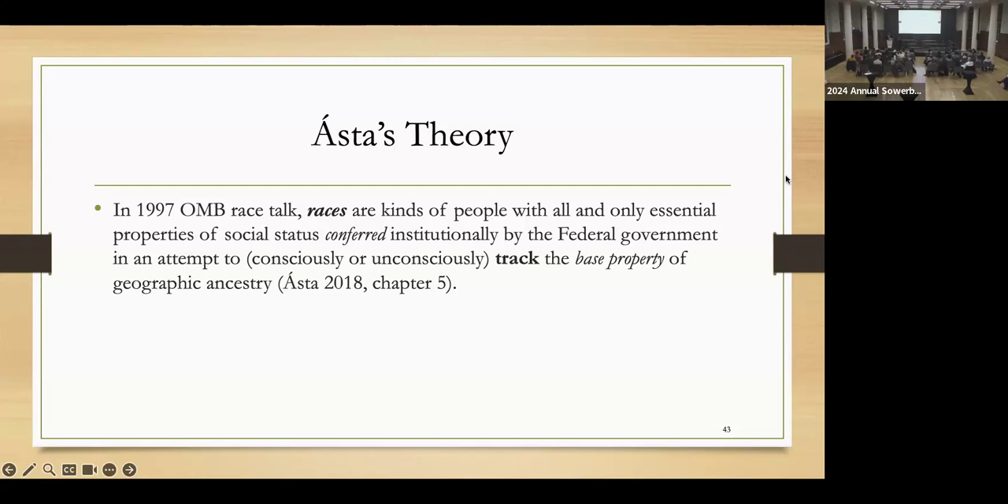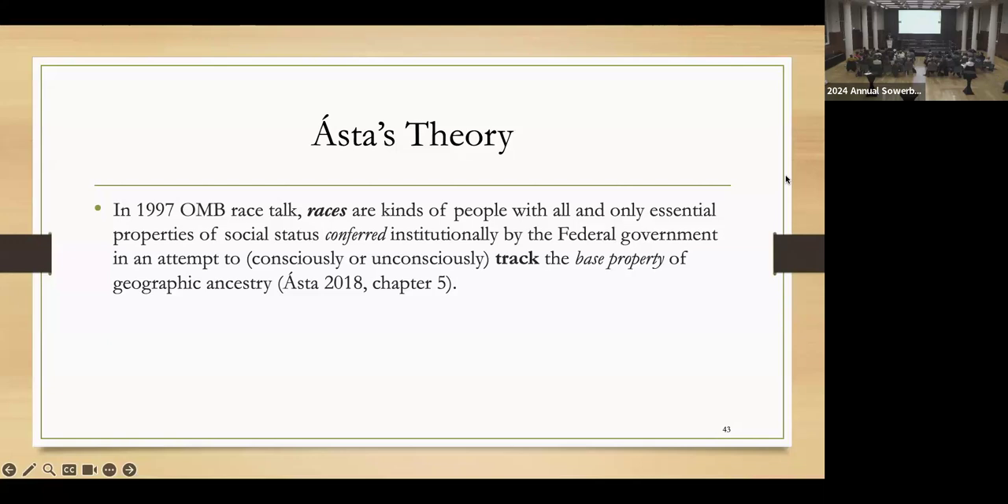Instead, she says that the essence of a strike in baseball is one of those physical trajectories of a baseball that's conferred the status of a strike by a legitimate umpire in a legitimate baseball game, right? So this is how she would think about what's going on with the US government's race talk here. What is essential about being Black or Asian or so forth in this race talk is that the federal government confers you a certain status in the racial scheme. And what might look like a geographic ancestry basis for being in the racial scheme is actually just what that